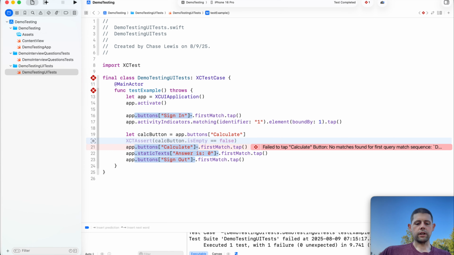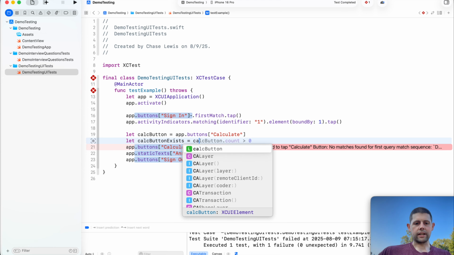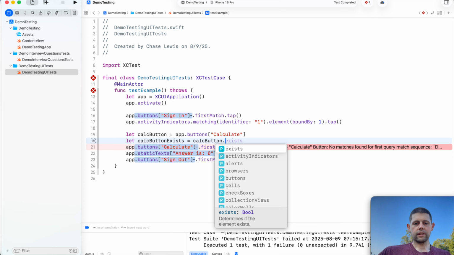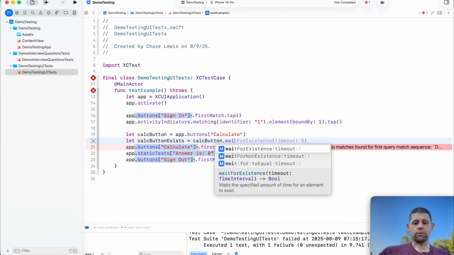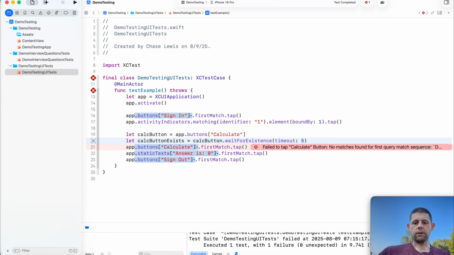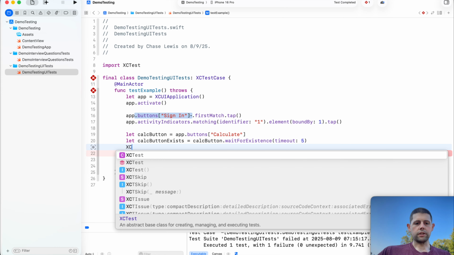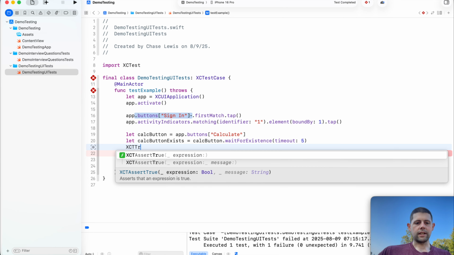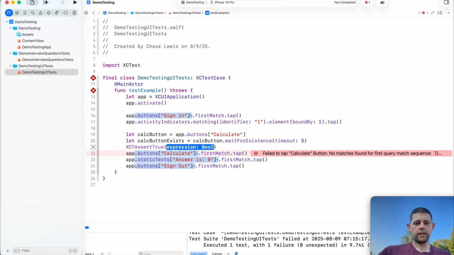And then we are going to check that our calc button exists by saying that our calc button dot wait for existence, and sure, we'll give it a 5-second timeout. Great. So we will XCTAssertTrue that our calc button exists